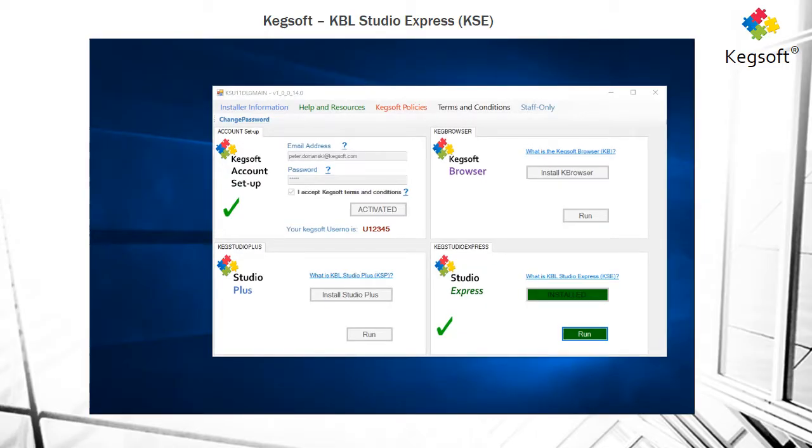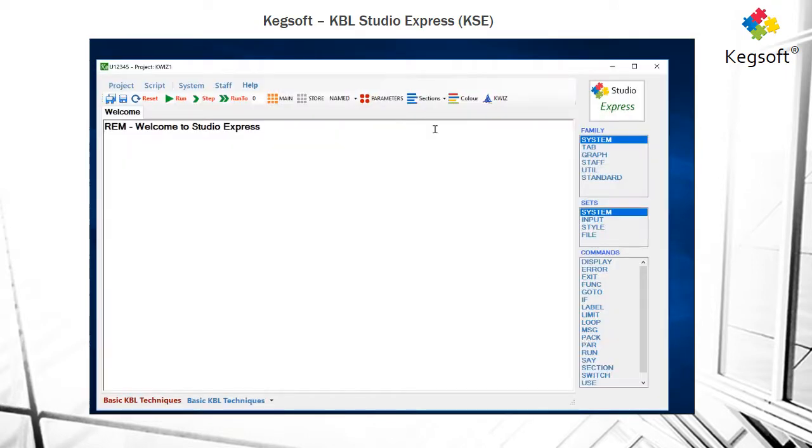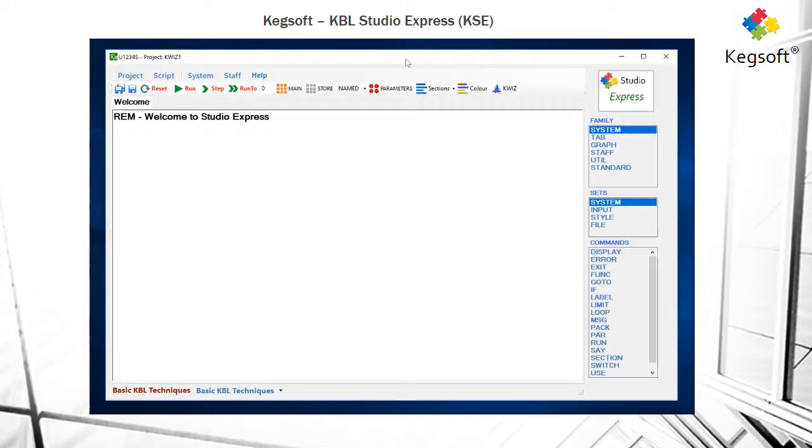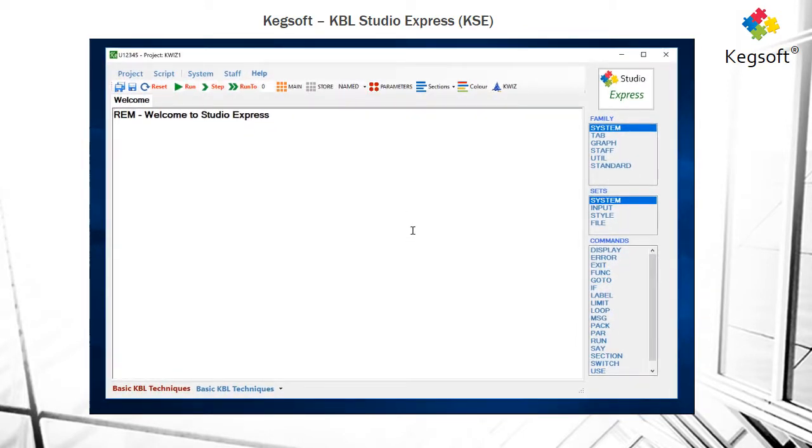Hi, I'm going to give you a quick tour of the KBL Studio Express. The first thing we're going to do is to invoke it from the Keg Studio Manager. Up comes our KSE. Here are the control functions around the outside of the screen, and this panel in the middle is where